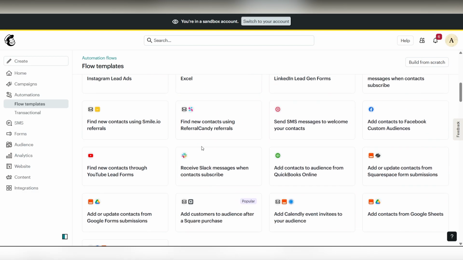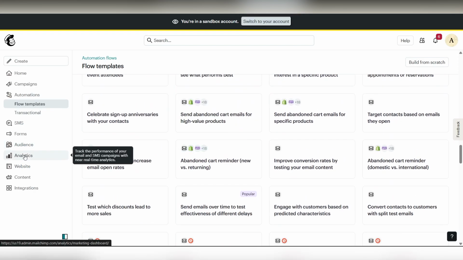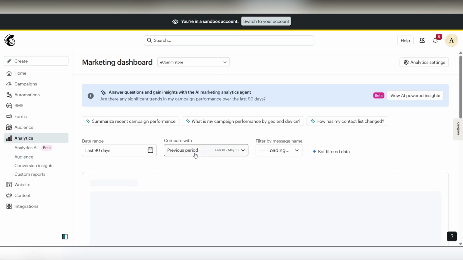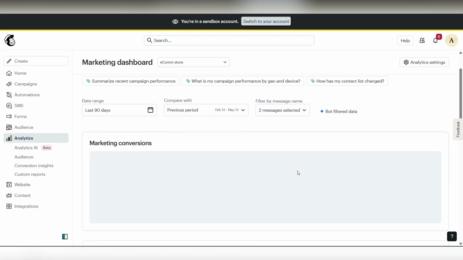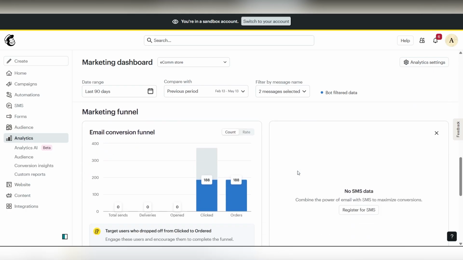Another useful feature is analytics. You can see metrics such as opens and clicks to understand how your congregation is engaging with your emails. For churches just getting started, Mailchimp provides a simple way to manage contacts and communicate with your community from one